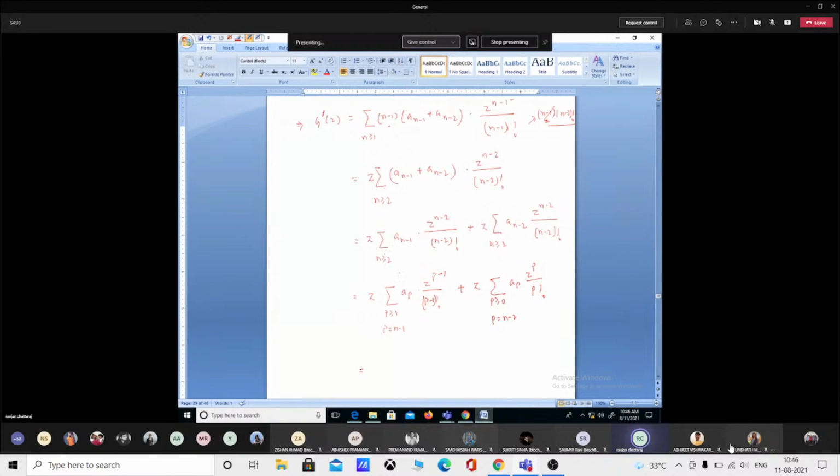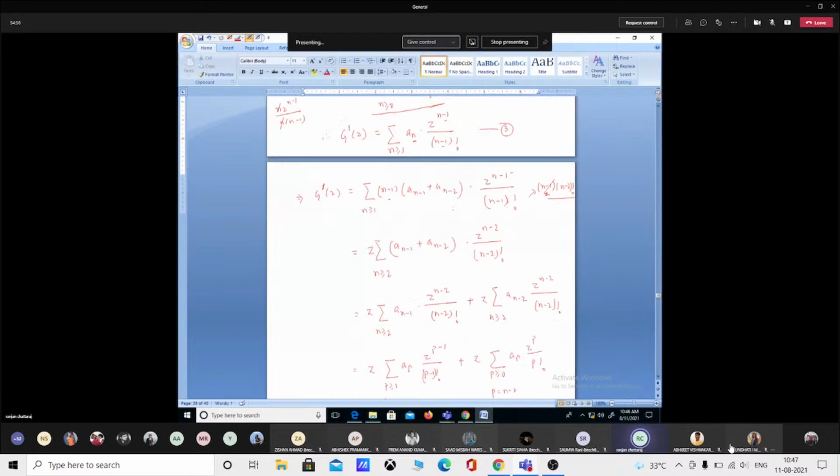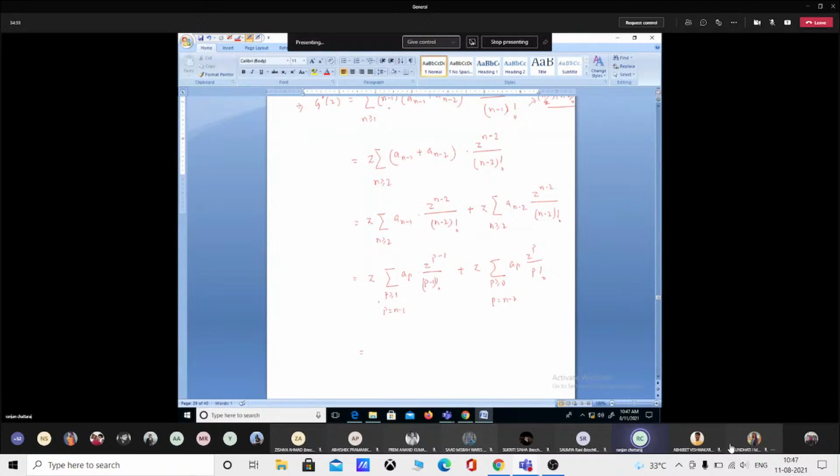So see, gz, you see here, n greater than or equal to 0, an z to the power n by n factorial. And g dash z, you see here, n starts from 1, it is z to the n minus 1 over n minus 1 factorial. So you see here, you are getting the same thing over here. So this can be written as z into g dash z, and this is z into gz. Is it clear? So we have g dash z, this equals,